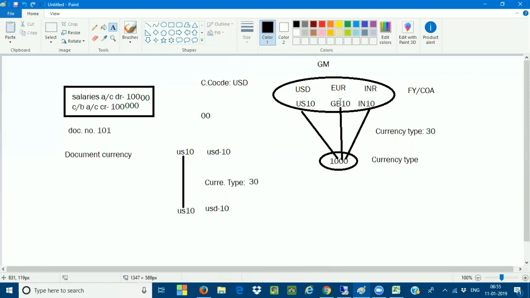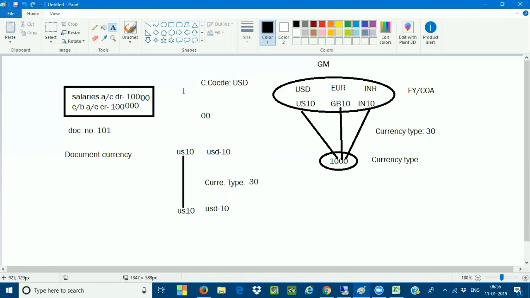But if I see each company code individually, I have assigned a company code currency USD, a company code currency EUR, and a company code currency INR. Now I want to have one consolidation currency, which is called the group currency at the reporting level. At the group level, all these three company codes are within the same client, within the same server.